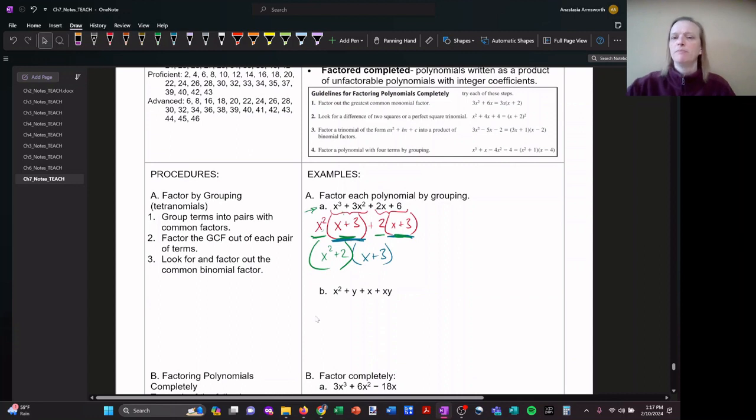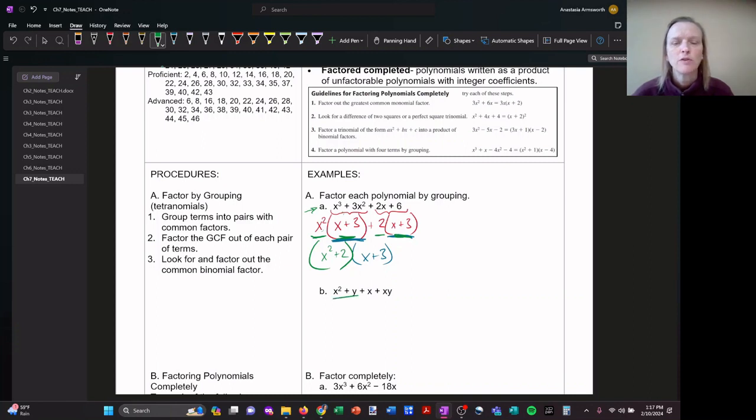Let's look at another example. Sometimes our polynomials aren't written in a way that's helpful for us seeing the terms, like x squared plus y. That's not helpful. Those don't share a common term. So I don't want to group those together. But I could put the y with the xy term, and I could put the x with the x squared term. So if I rewrite this as x squared plus x